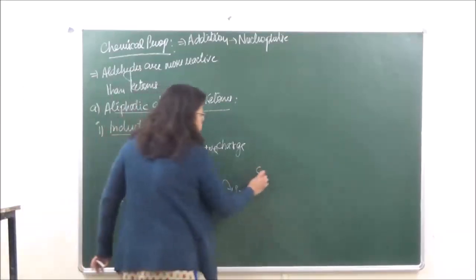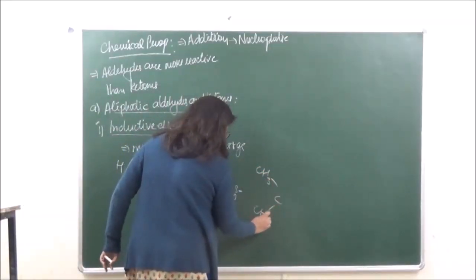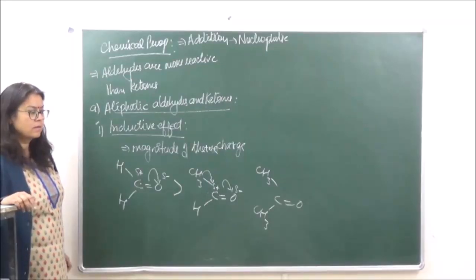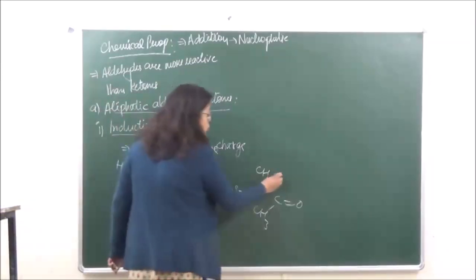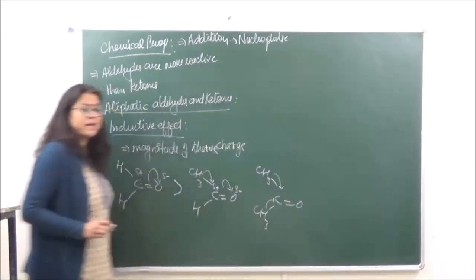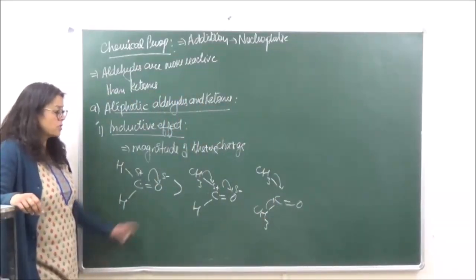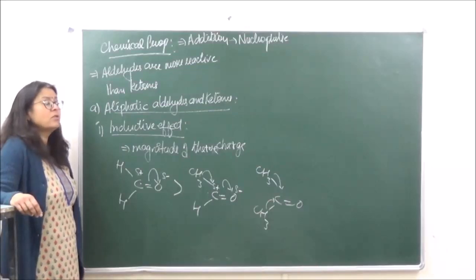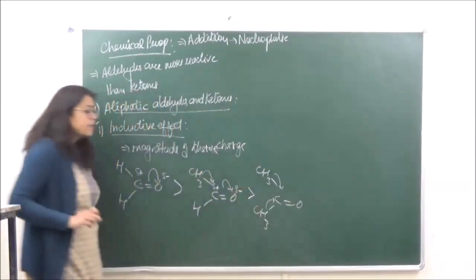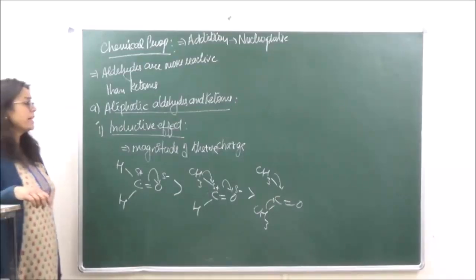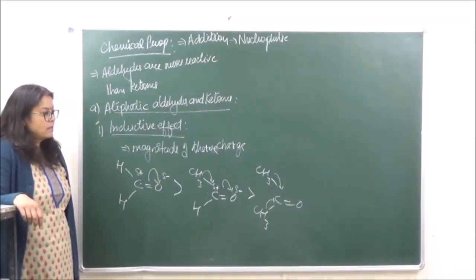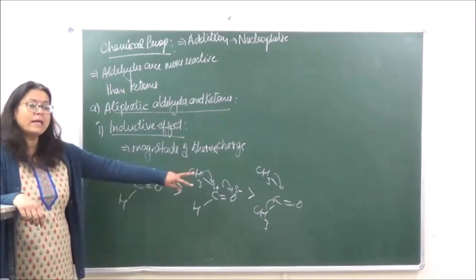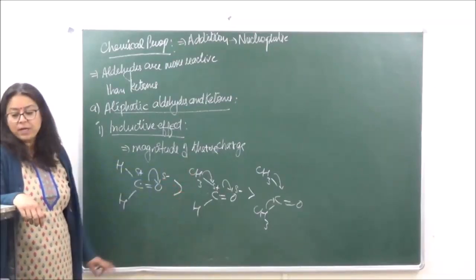And if you're taking ketones, in case of ketones, there are two alkyl groups which are present, isn't it? So this is also going to release the electrons due to plus I effect. This is also going to release the electrons, so the positive charge on the carbon becomes more neutralized. And the intensity of the positive charge decreases further. Therefore, the reactivity of ketones towards nucleophilic addition is going to be again less. Okay, here no alkyl group is present, here one alkyl group is present, there two alkyl groups are present, so the reactivity will keep on decreasing.